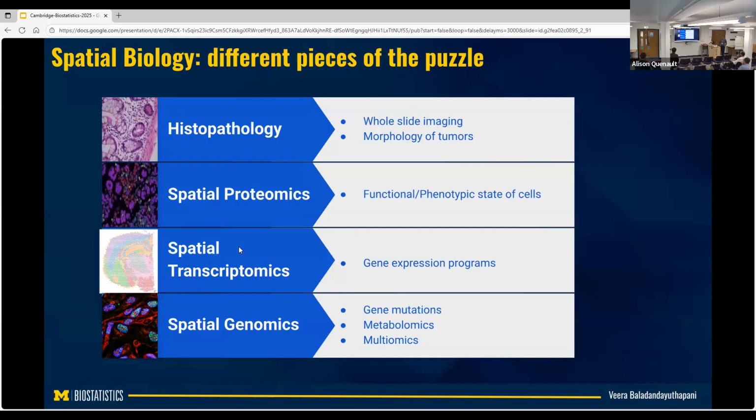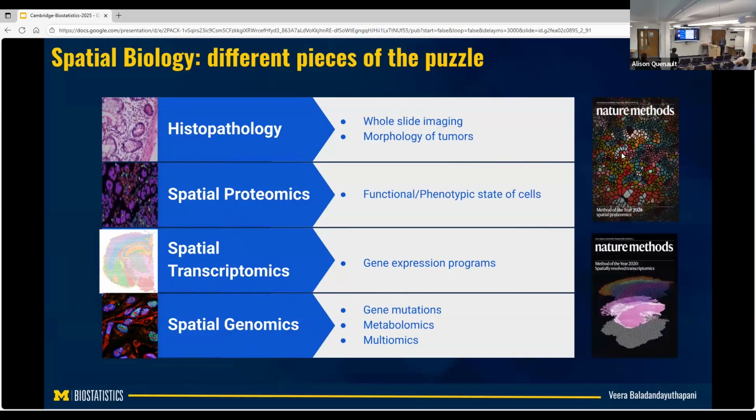Spatial transcriptomics has got a lot of attention over the recent past. It's basically the gene expression equivalent of that. And that tells you the gene expression programs, and modern technologies are collecting basically any omic now, multi-omic, like the spatial metabolomic, there's spatial DNA and RNA on the same cell. And that's in the last 2-3 years that's been highlighted in many of these top major methods journals as the technology to watch out for.